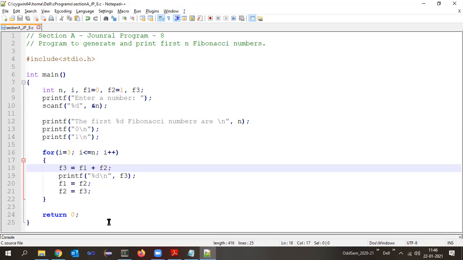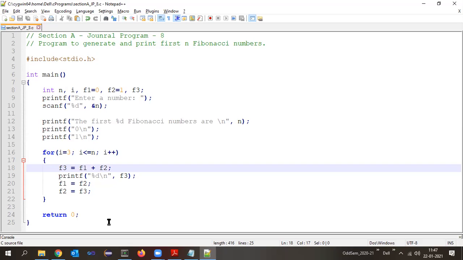First time it prints 0, next 1 are already printed as per line number 13 and 14. After that, we are printing in line number 19. So line number 19 now, what is the value that gets printed? F3 value. What is the value of F3? 1. So next number is 1. Okay? Then after this, F1 will become F2. So whose value will get updated to which variable?